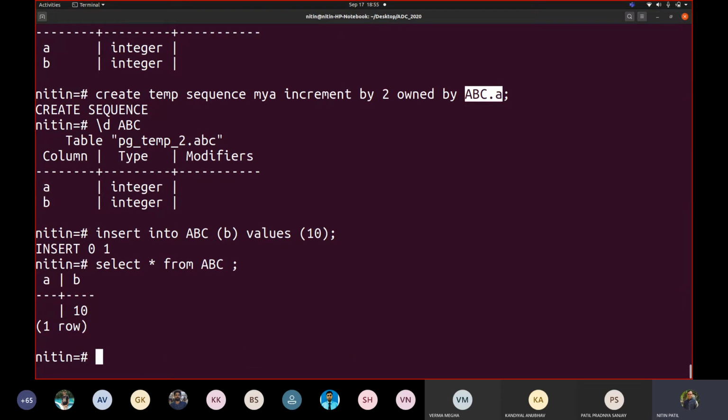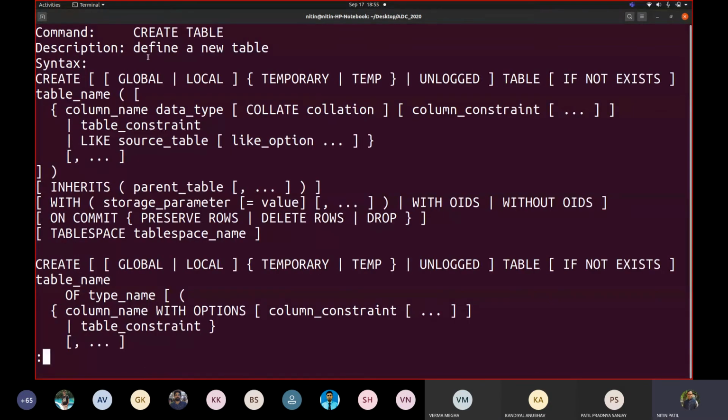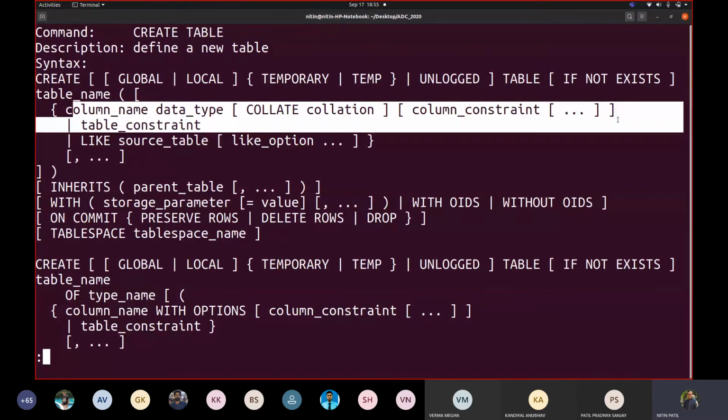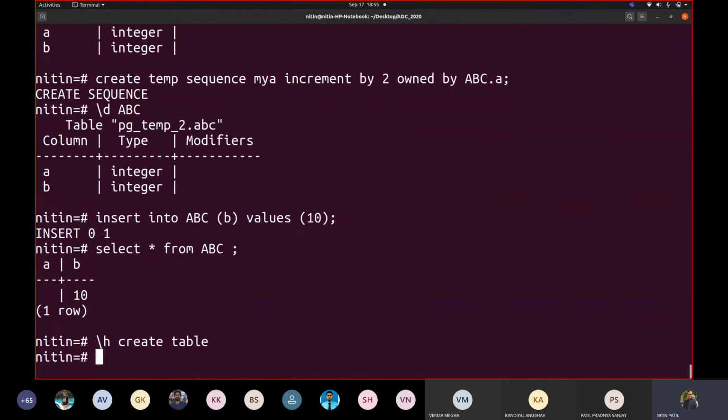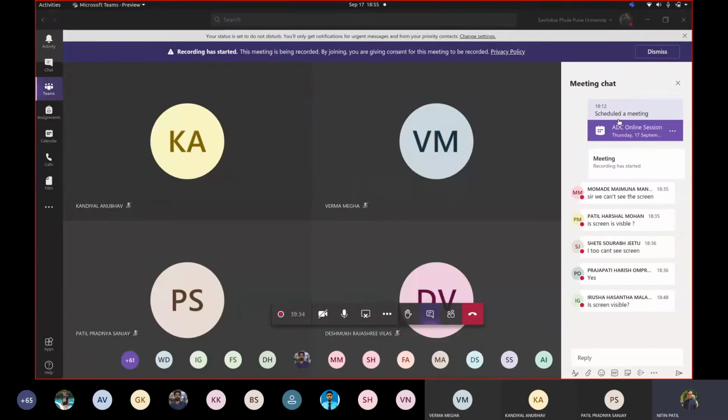So if I now go to my /h create table, with respect to this, can I specify or use these? Something like this, which will let me know that yes, you have to make use of that sequence which was created by you outside, without mentioning the serial data type. Have you understood the question? You can put in comment.